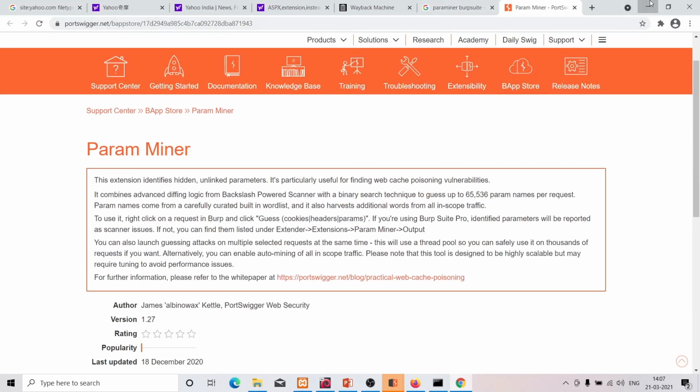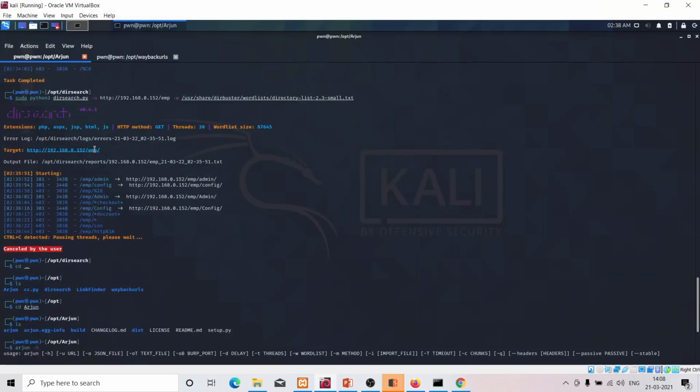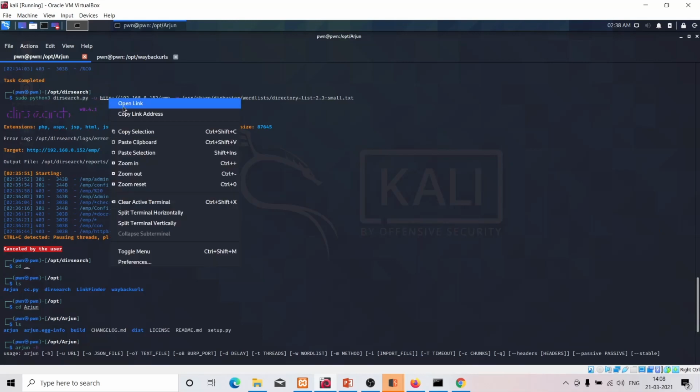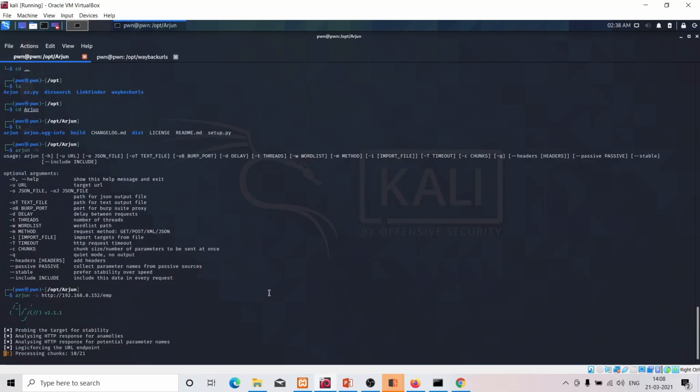So you can use this or you can use Arjun. It is the same tool, an amazing tool if you really want. You just need to provide a URL. I'm just showing you the GET method one. There is also an option for POST and everything. I hope it does not find any parameter for this, because most of my use is GET and POST parameters.